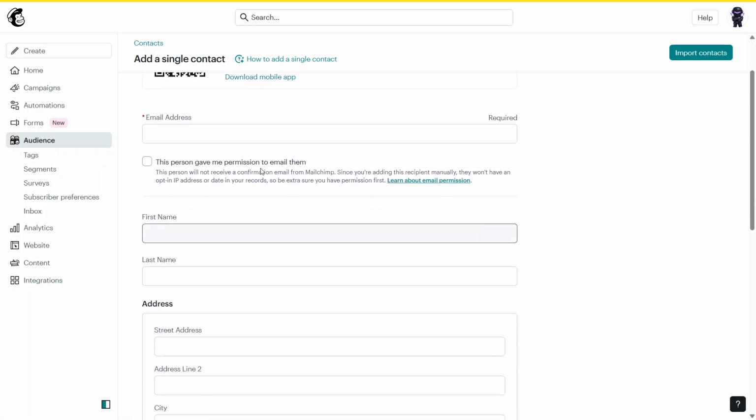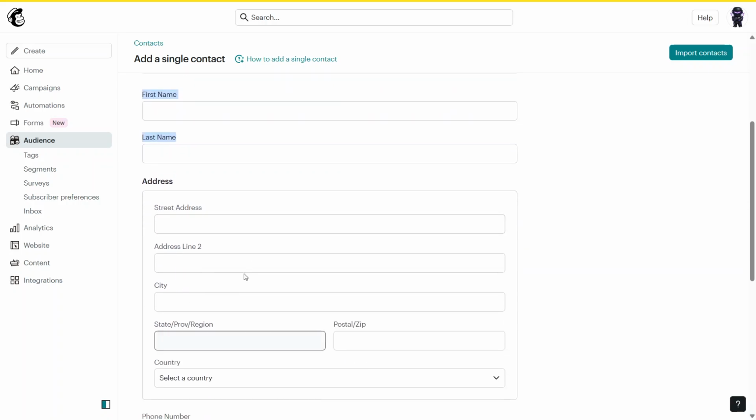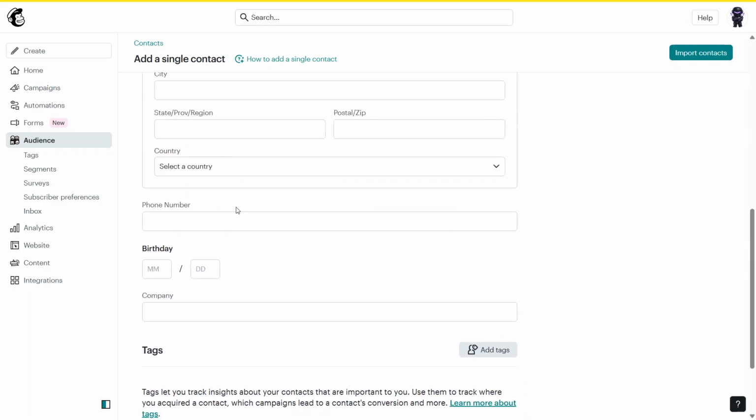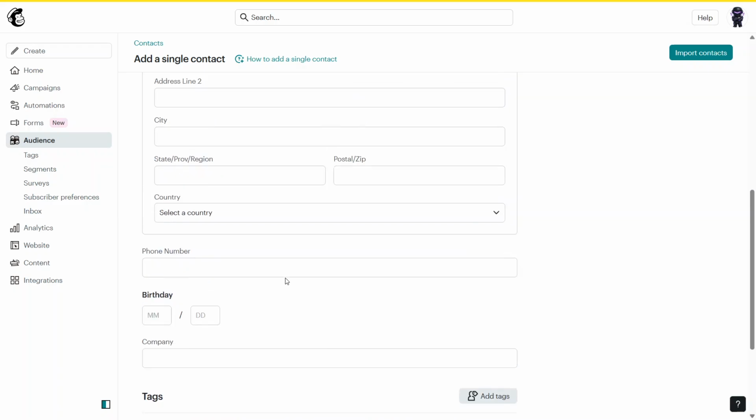On this page, you'll see multiple fields you can fill out. There's the email address, first name, last name, and a full address section which includes street address, address line 2, city, state or province or region, postal or zip code, and country. You'll also see optional fields for phone number, birthday, and company. While all of this information can be helpful for personalization and segmentation later, the only field that is absolutely required